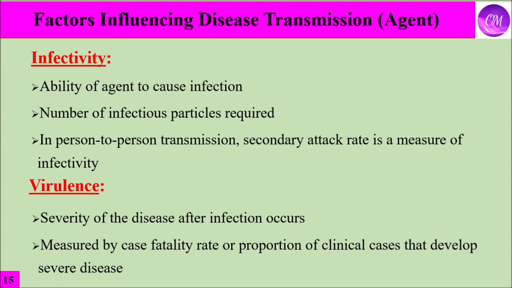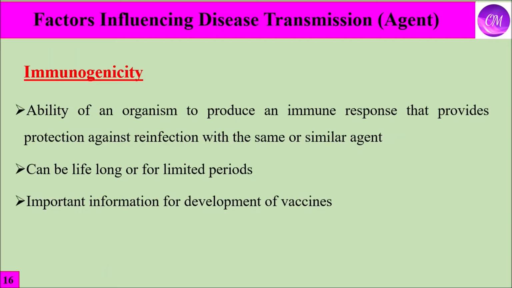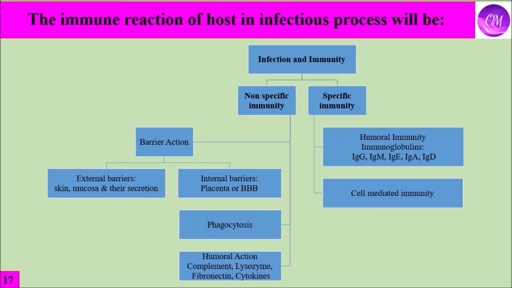that develop severe disease. What does immunogenicity mean? It is the ability of an organism to produce an immune response that provides protection against reinfection by the same or similar agent. It can be lifelong or for limited periods. This is important information for the development of vaccines. And we discussed